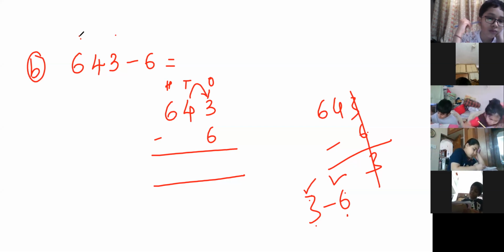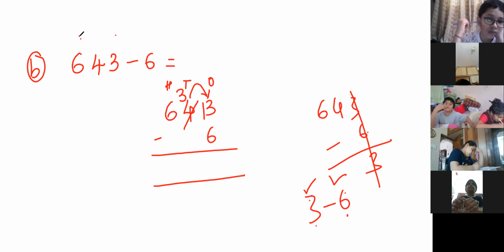One ten from the tens place. What is there here in the tens place? It's 4. That means we have 40 there, right? From 40, we are borrowing 10. Means we are taking one borrow to the ones place. And here, this 4 is reduced to 3. Right, children? Now let's subtract.